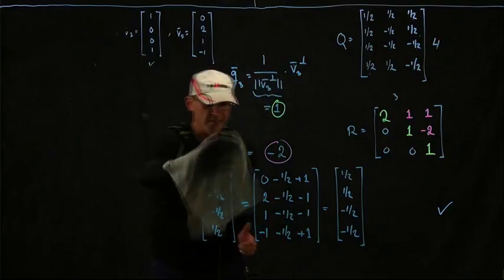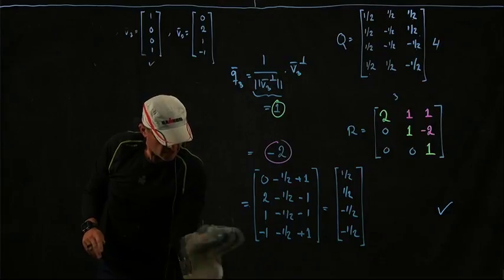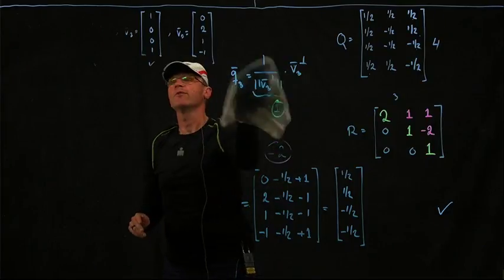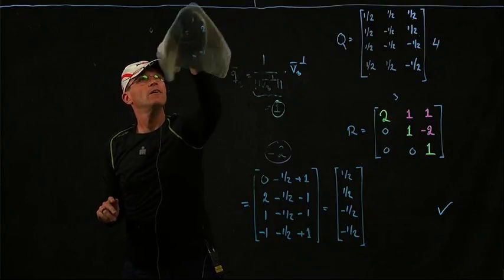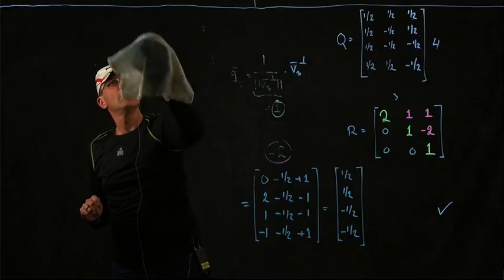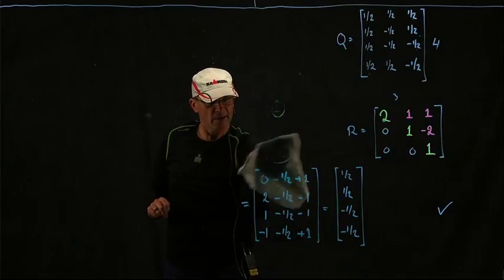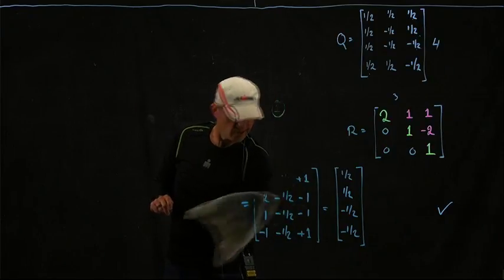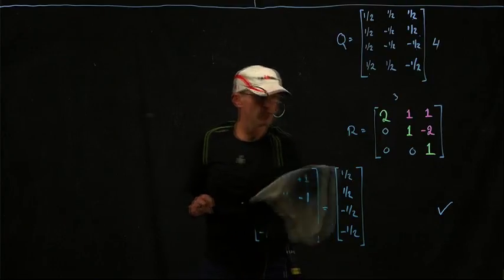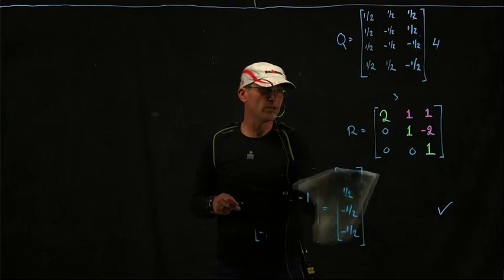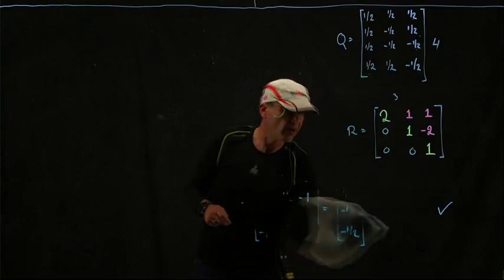Yeah, so I got a question here regarding the length of the vectors. So let's just erase this and then we'll address that question. For the perpendicular vectors, we got all the elements to be either plus or minus a half, right? So then when you compute the length, the square of each one of those components is going to give you a quarter, right? And there are 4 of them, so you sum those up, you get 1, and the length is the square root of that sum, so all those lengths are 1.